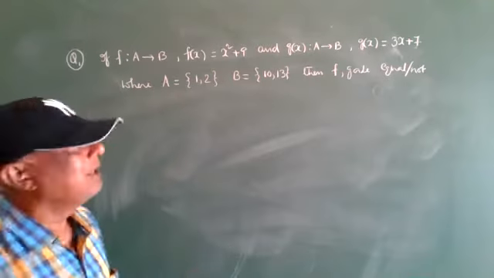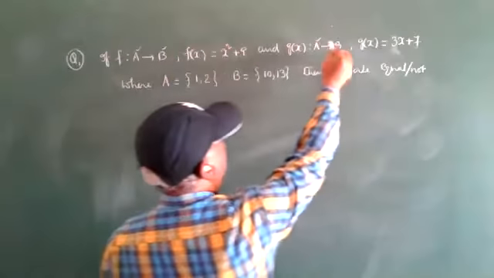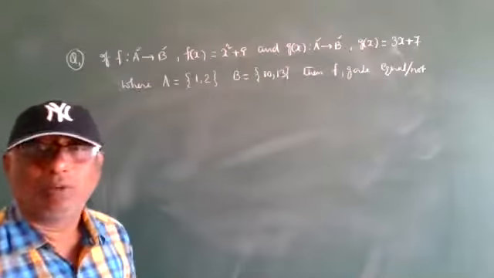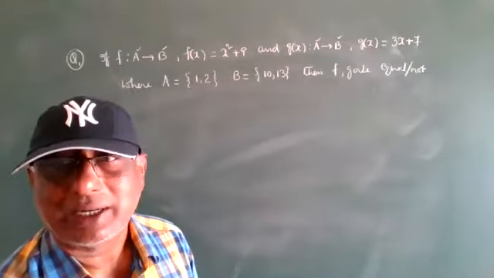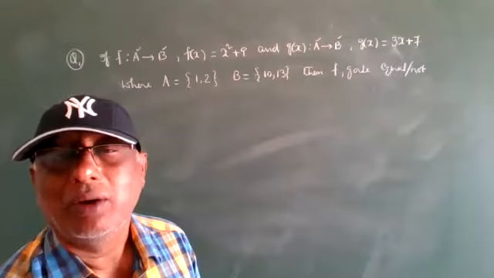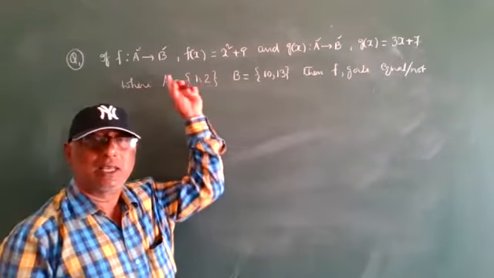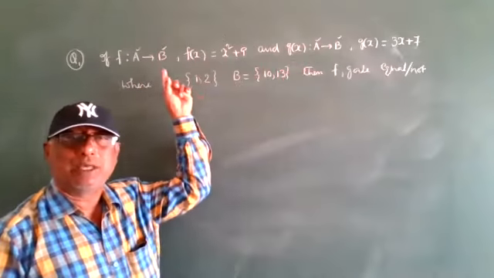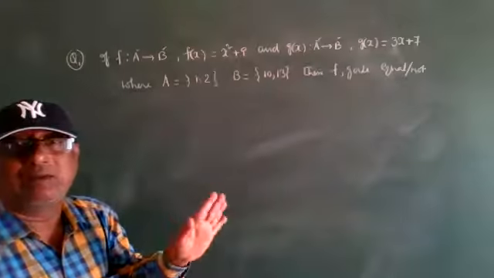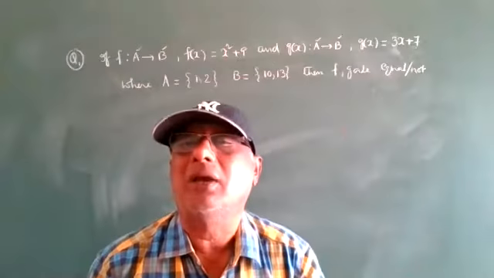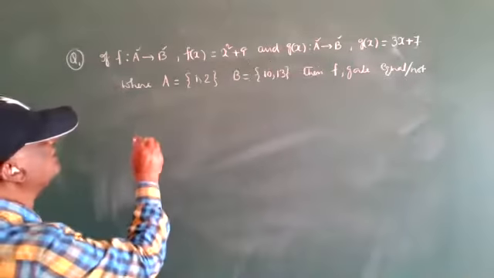So sir, domain is equal, codomain is equal, what is needed, sir? Range is needed. If we get the range also correct, then we say that it is an equal function. So domains are equal, A equal, codomains B equal, but range also must be equal. Then only we say that it is an equal function. If ranges are not equal, then we say that it is not an equal function. Okay? Check the range.